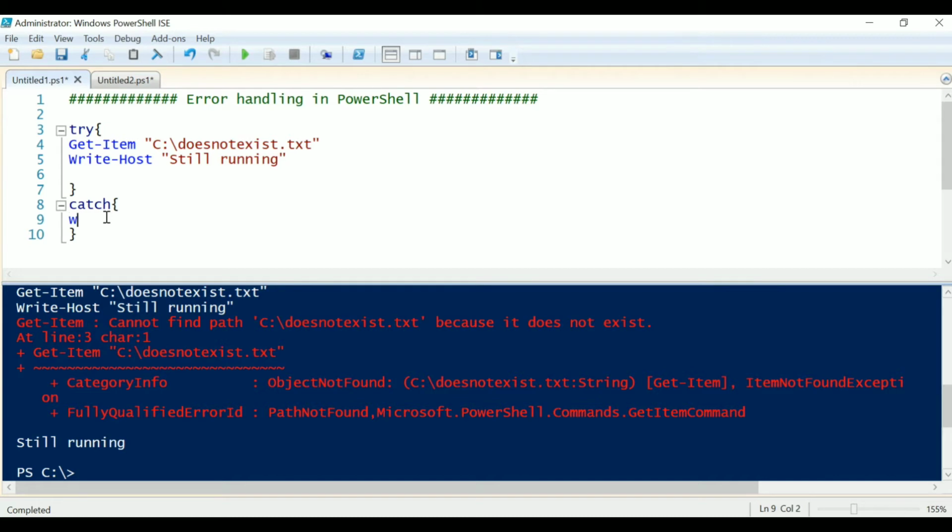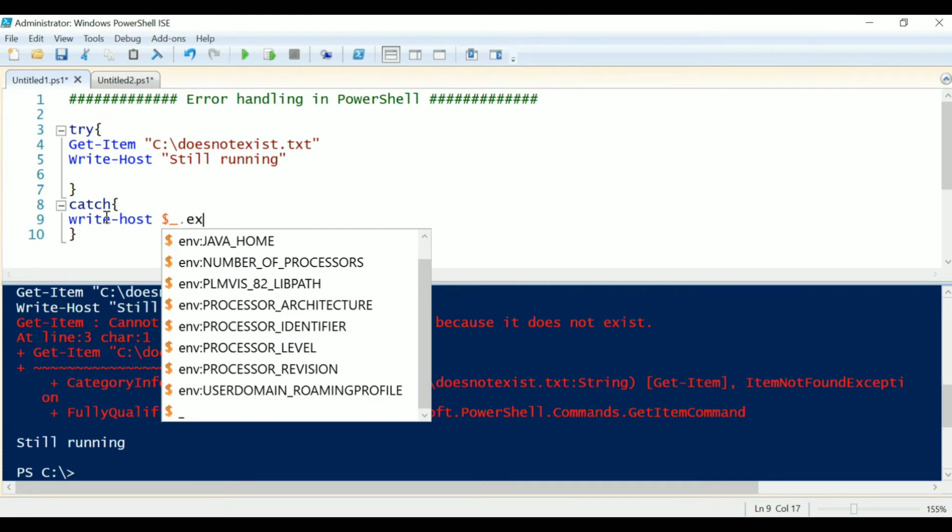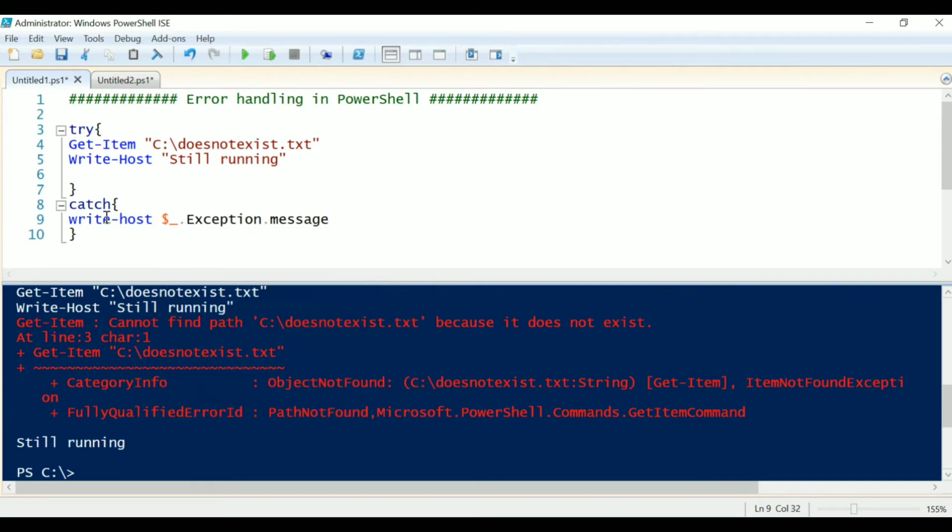For now, I'll just write one statement here displaying the error message I'm getting: exception dot message. Okay, so now if I execute this one, I'm still not getting output from the catch block. The reason is try catch can handle only terminating errors.